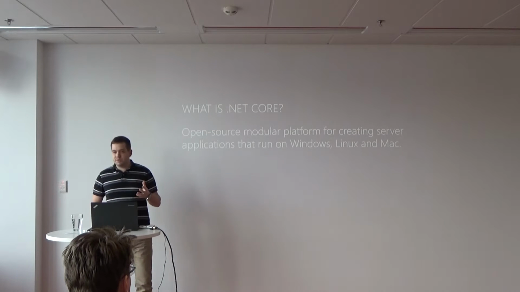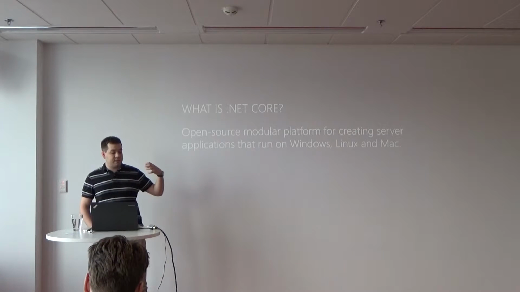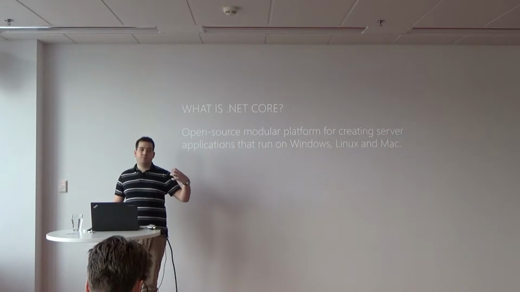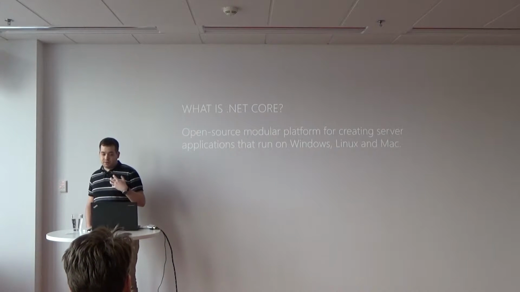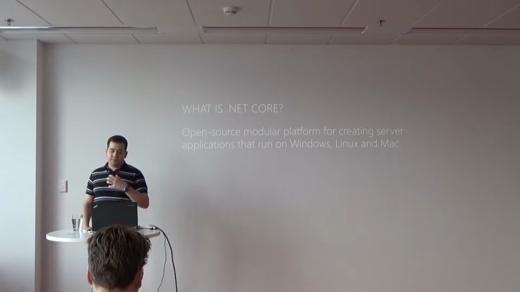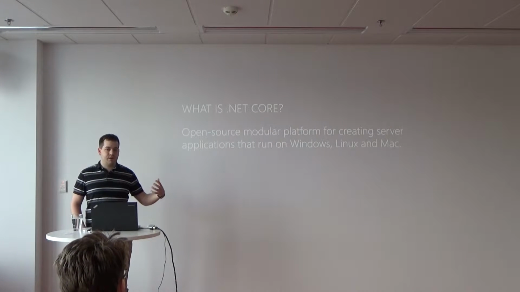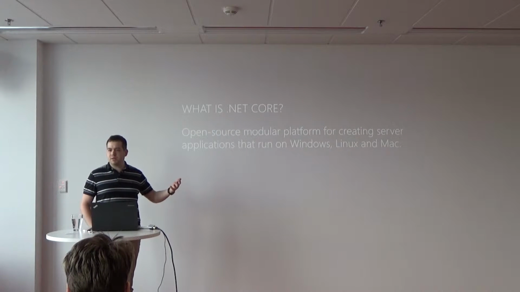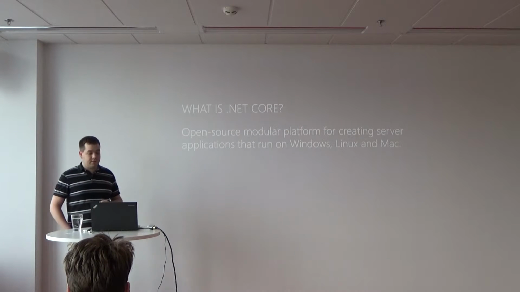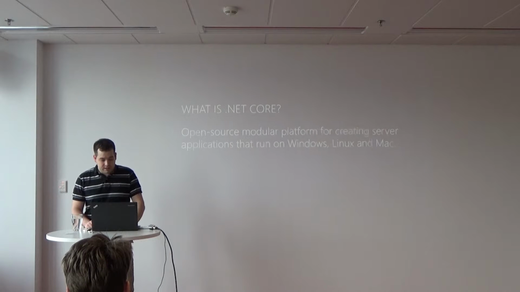For example, who knows the Mono project? Okay, quite a lot of you. It was basically a way how you can take an application written and compiled for full .NET Framework and run it on Linux. The good thing is that on .NET Core, a huge amount of contributors to this project are people who have already been contributing to Mono. So Microsoft used the knowledge of people who have been developing Mono for about 8-10 years. They helped them build .NET Core, so they can avoid some common pitfalls, for example.